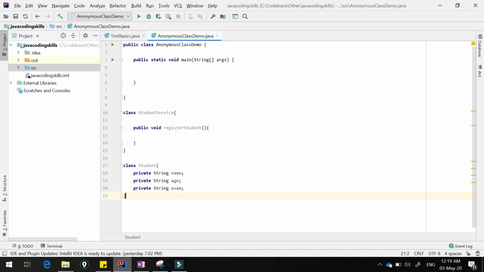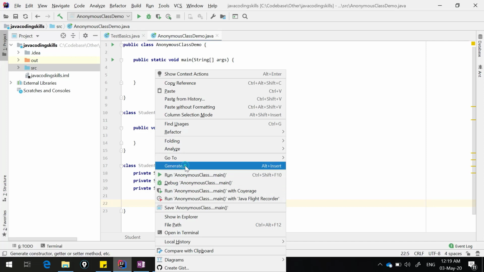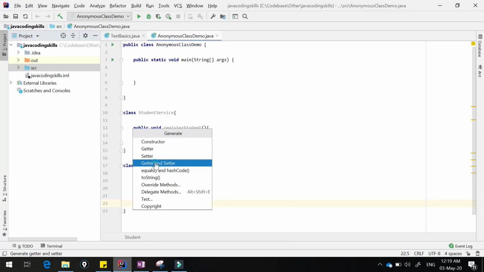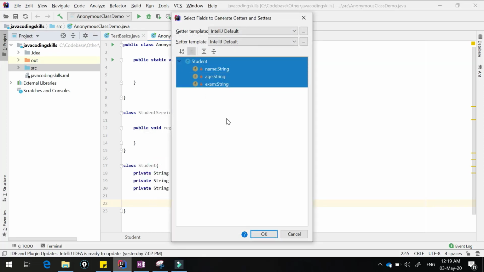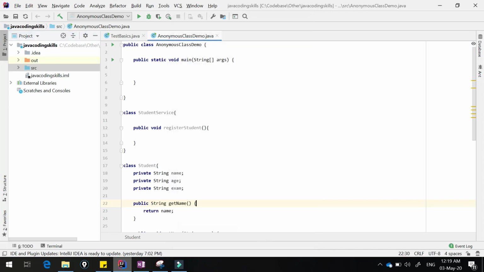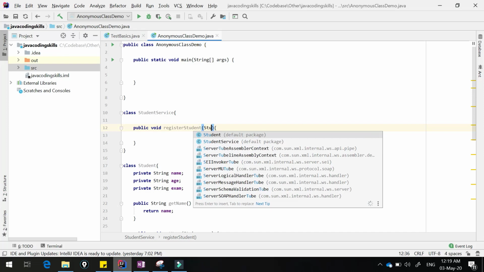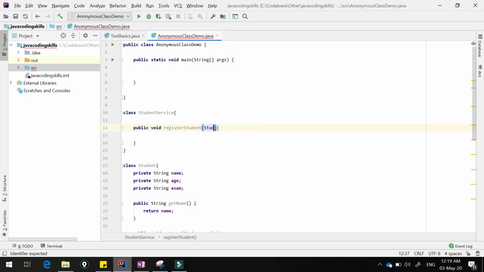You can assume an exam object later. Let us have some setters and getters. That's fine. The Student class is ready. So let us pass the student here.